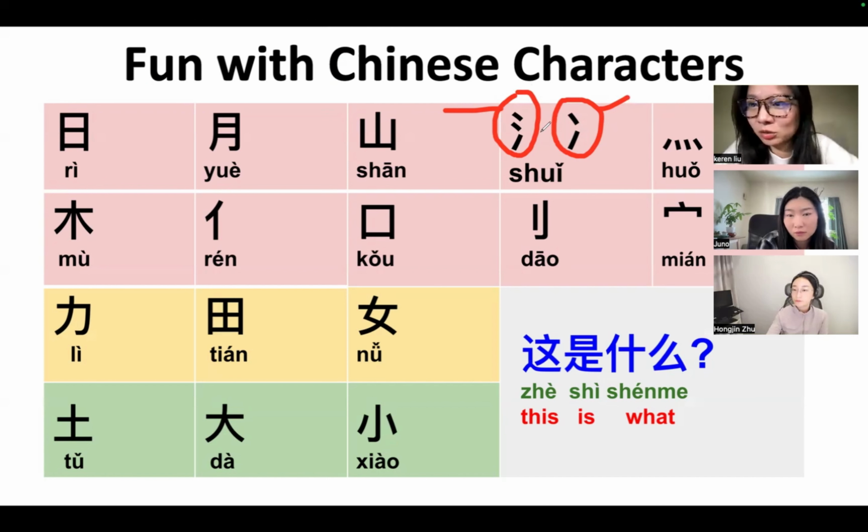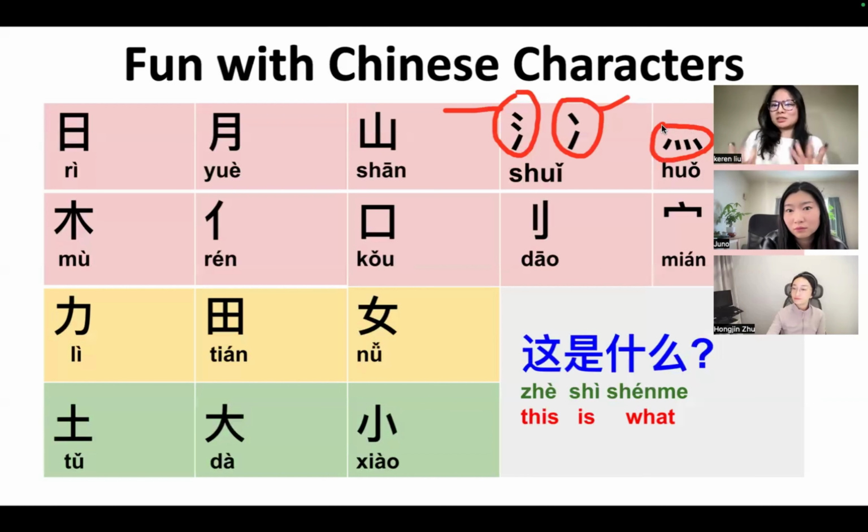If they don't, it's totally fine. It's because we haven't exposed them to the radicals enough yet. And then I will talk about 火. This radical is usually in the bottom of the character because imagine when the fire is burning, it's always in